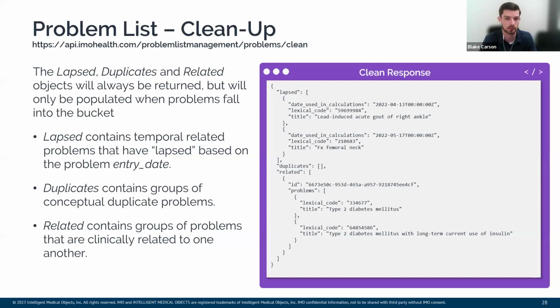The lapsed objects, which are temporal problems that have lapsed or should no longer be on a problem list based on the problem entry date. For example, if you had a broken left leg from 1995, that's something that, broken bones tend to resolve fairly quickly in the grand scheme of things. So those should not or tend not to exist on a problem list, and we will flag that for cleanup